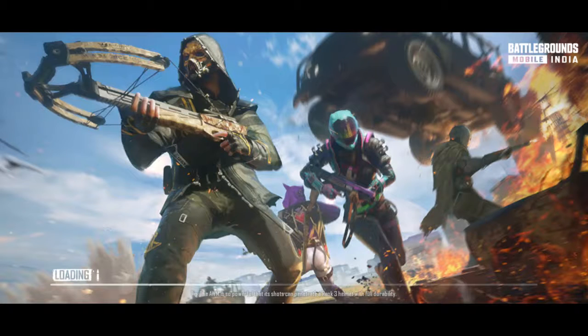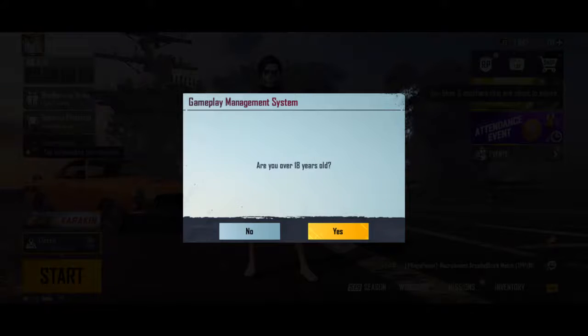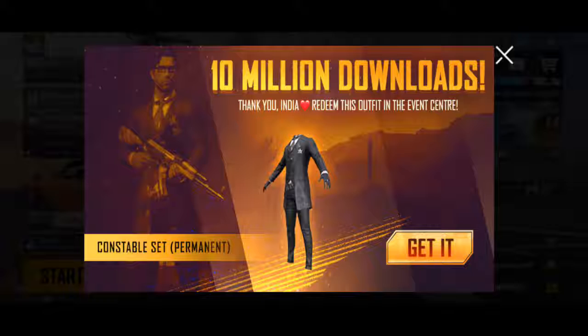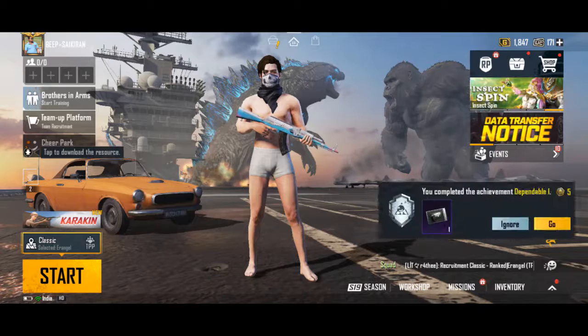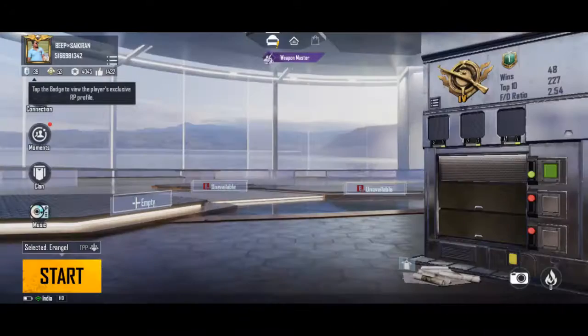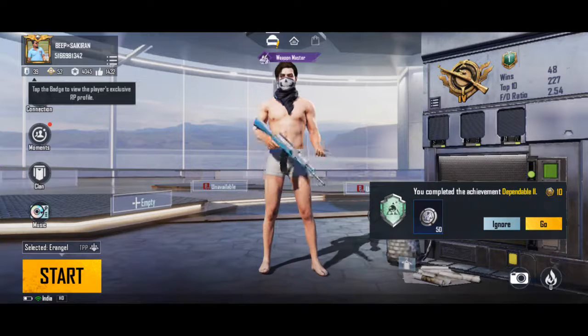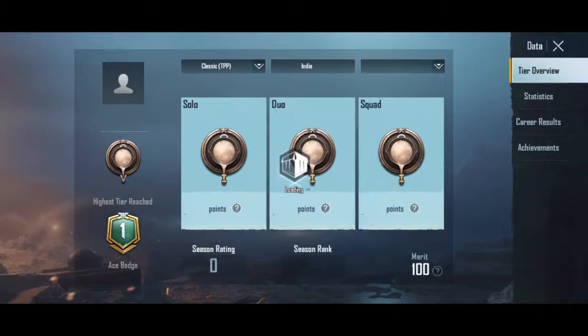Here you can see we are logging in now. It gives a message asking if I'm 18 years old or not. I am 18 years old, so I click this. Here you can see my avatar has been changed, which indicates that I have accessed my global account in my Indian account.